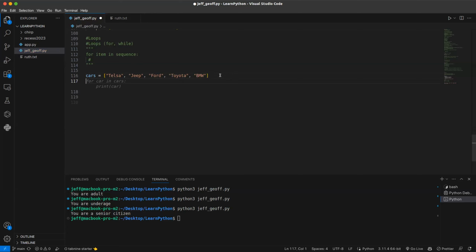Now here we have, it's actually very simple. Tab 9 is even suggesting for me how I should apply the for loop. Okay, I just hit the tab key. So that is what exactly it means. So it means that if you want to print car, because you have declared a variable cars, which contains a list, and inside that list there are strings. So when you save this and output it,